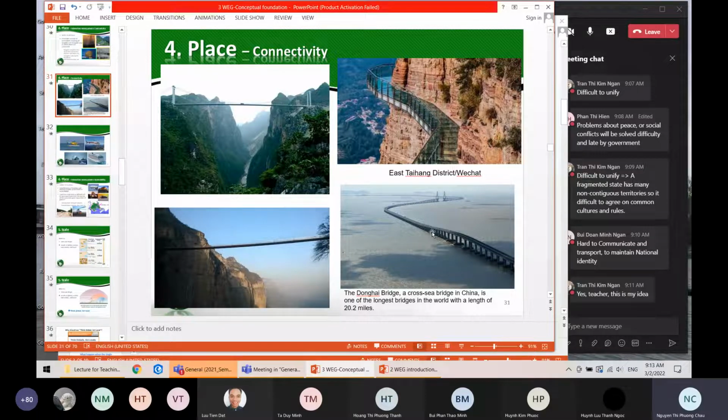And if the fragmented nation is poor, how can they develop very expensive connections like this? And even if they spend a lot of money for very nice infrastructure like this,